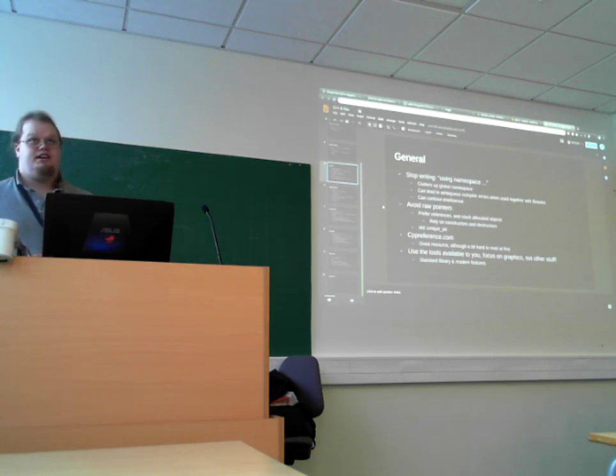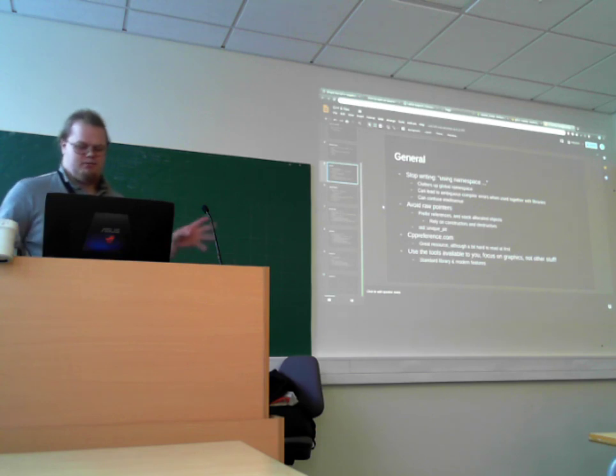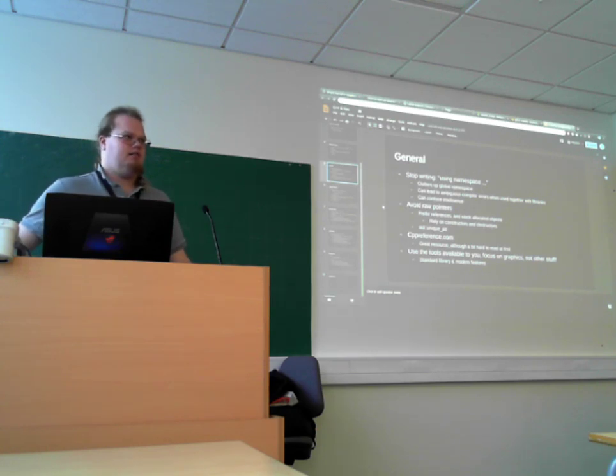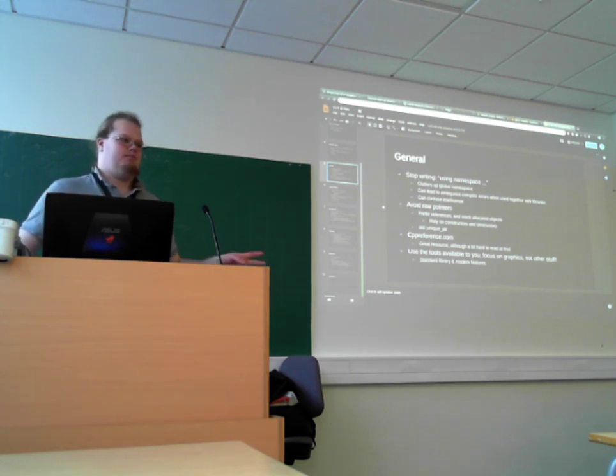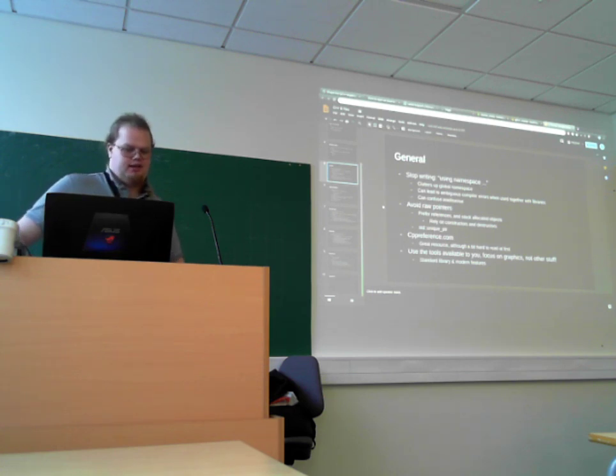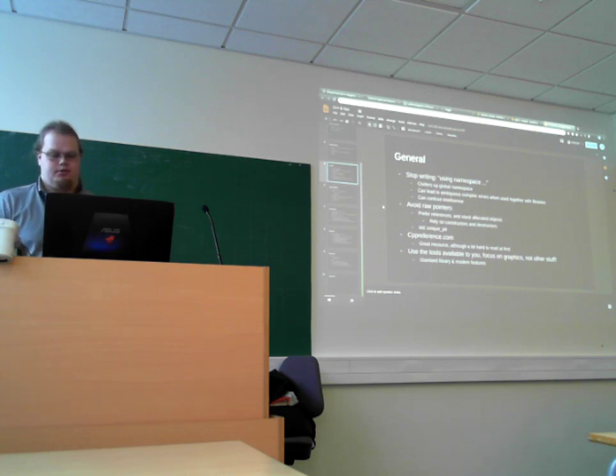However, OpenGL is a C library, or not a C library, but it has a C specification, I guess. So you will send raw pointers to it anyway. But in general, if a function takes a string or something, send that string as a reference rather than as a pointer, if you can.